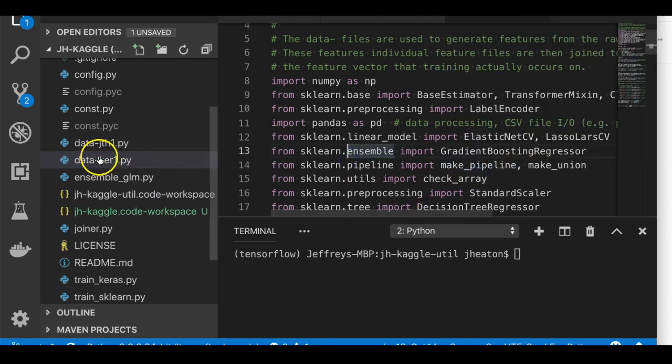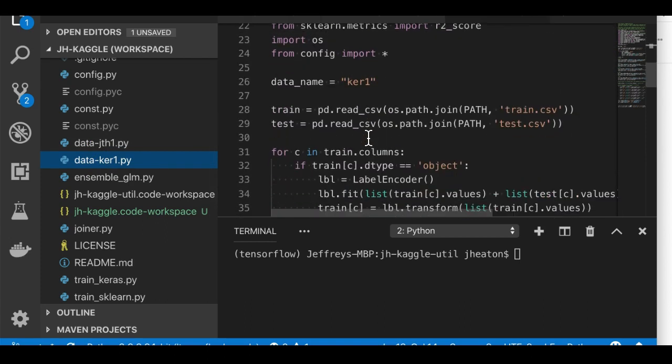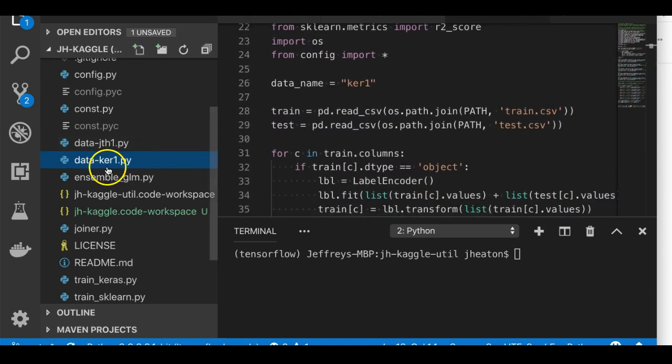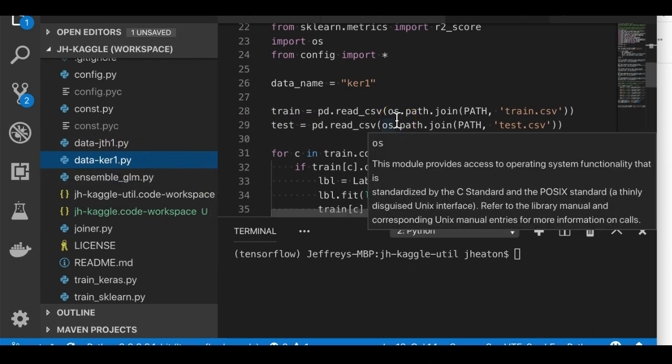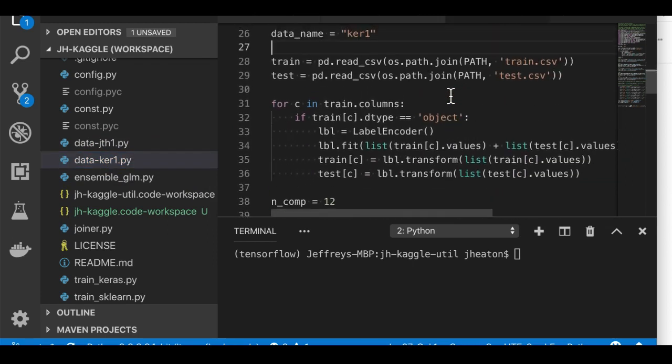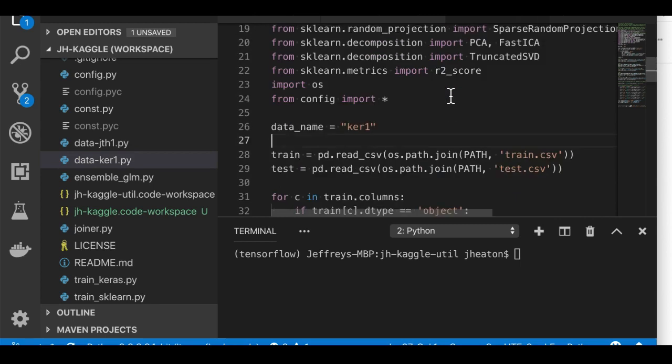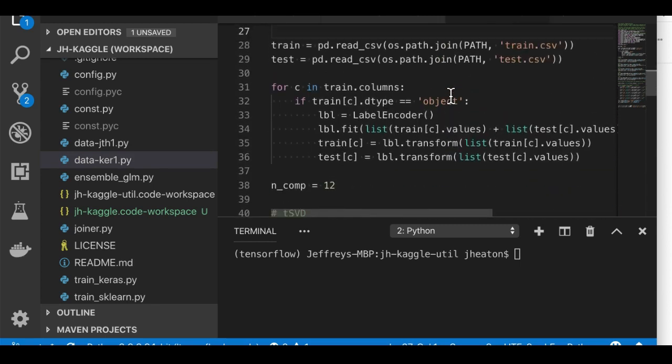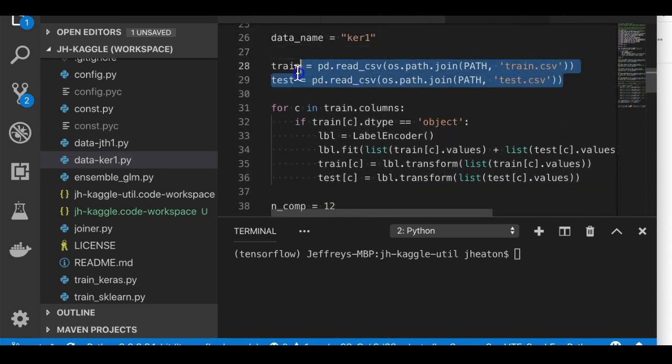So let's look at datacur1 that I put in. As to why I named it Cur, I think those were the initials of the person that I had originally grabbed this from. This particular set of code got passed around quite a bit on Kaggle, so I couldn't really find the original post from that. But look at this code. Doesn't that look familiar? This is all the stuff from